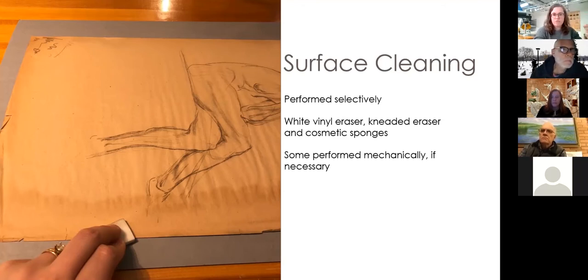He's working to refine probably his pencil shape or to get a sense of how to refine his tool and the pressure he wants to add. And so we wouldn't remove something like that because that's a sign of process. We're just really trying to get dirt off the surface. And I like to laugh that I went to graduate school to learn how to erase things off of paper, but it is really important as a paper conservator to do it really selectively and conscientiously, because with paper, every